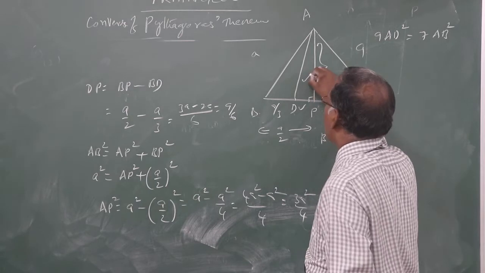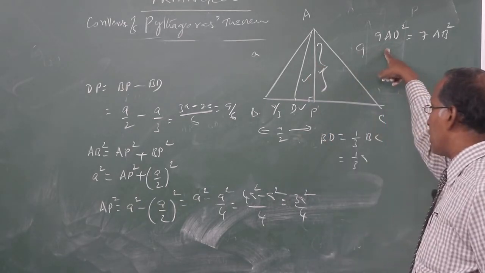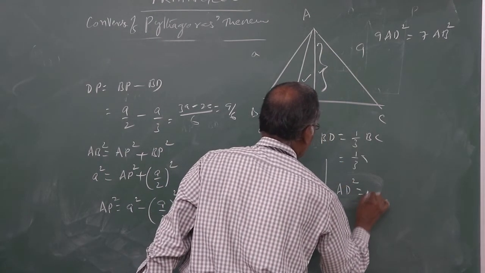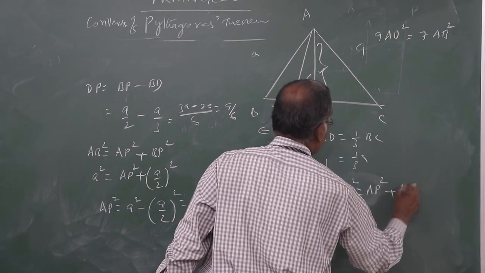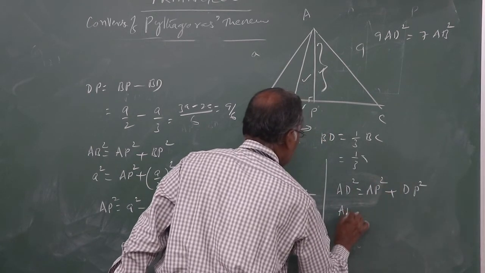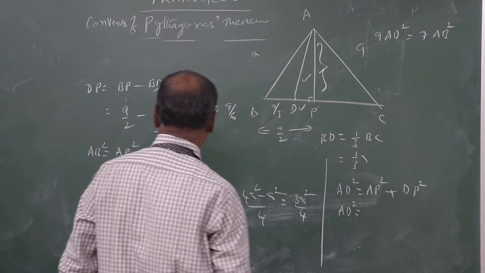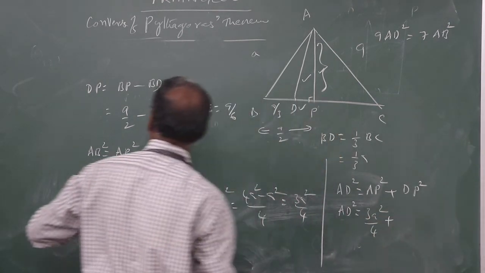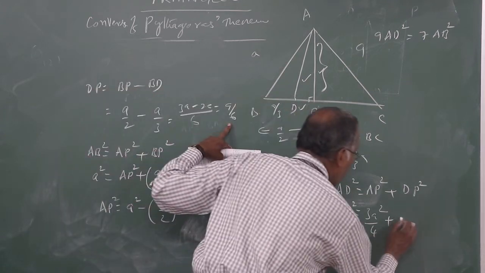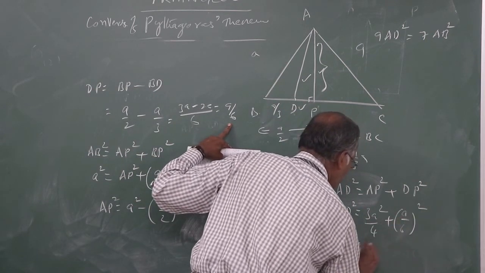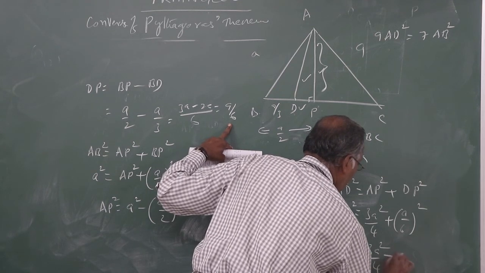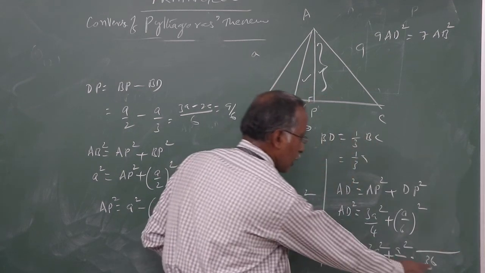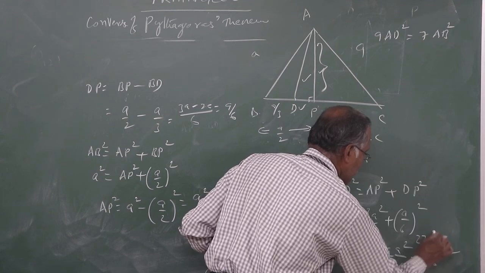DP, you have got it. Apply the Pythagoras theorem, then you get the required answer, 9AD square. Now, in the triangle ADP, what do you do? AD square is equal to AP square plus DP square. What about the length of AP square? AP square is nothing but 3A square by 4. Then DP is A by 6, therefore A by 6 whole square. Simplify this now. 3A square by 4 plus A square by 36. Here 36 is the LCM. 4 9s are 36, 9 3s are 27 A square plus